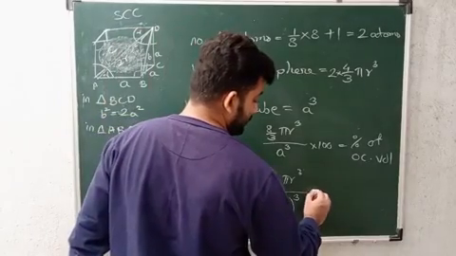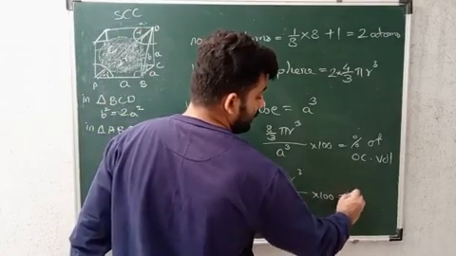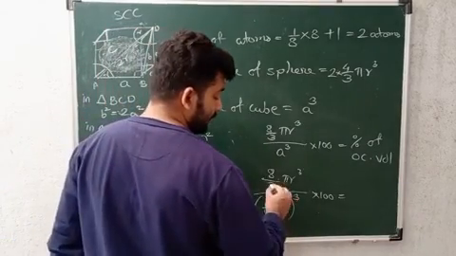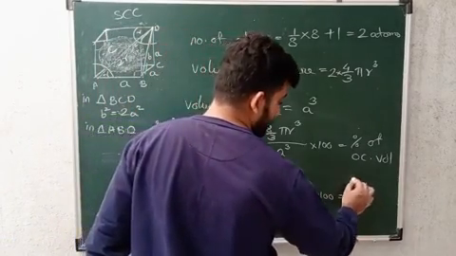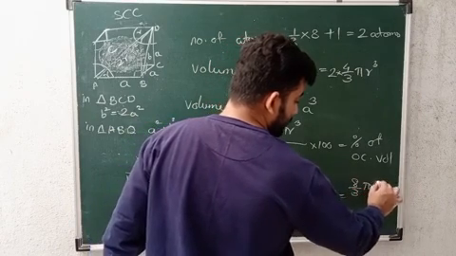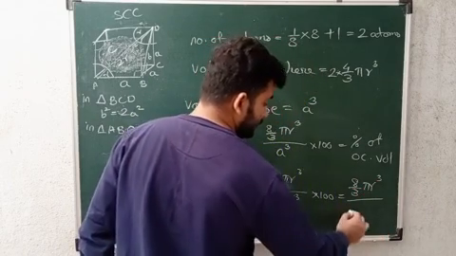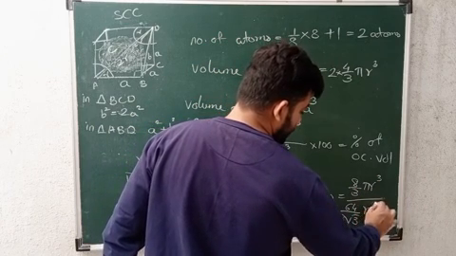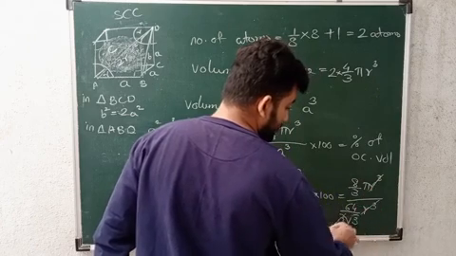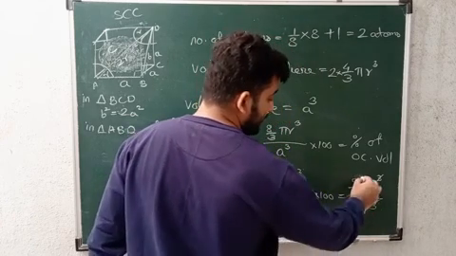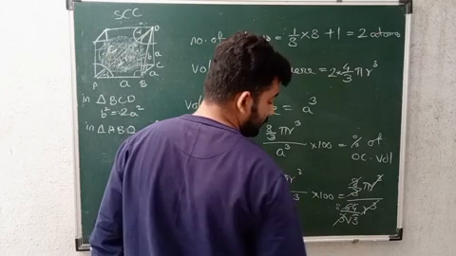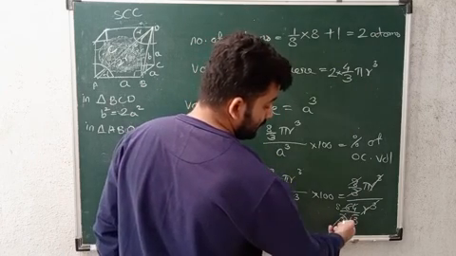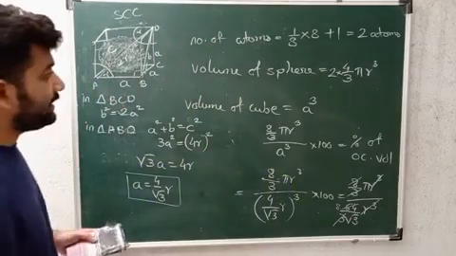64, here we are having into 100. This will be the percentage of occupied volume. We can write down over here, then we will get 8 by 3 pi r cube divided by 64 3 root 3 r cube. R cube gets cancelled, 3 gets cancelled, 8 is in 64, so you will get root 3 by 8 pi. I will simplify it over here.